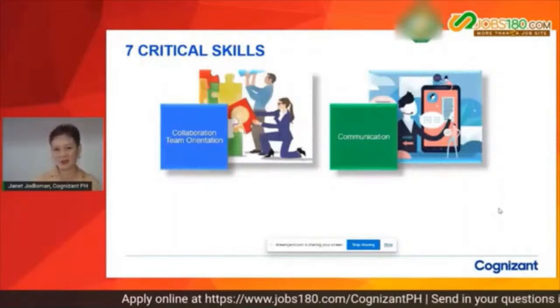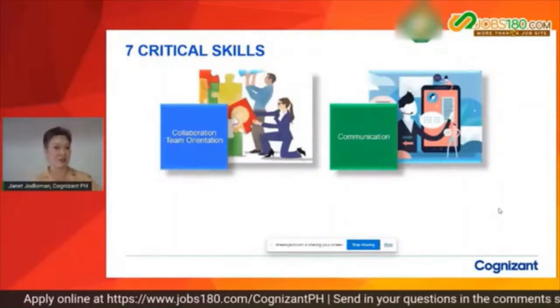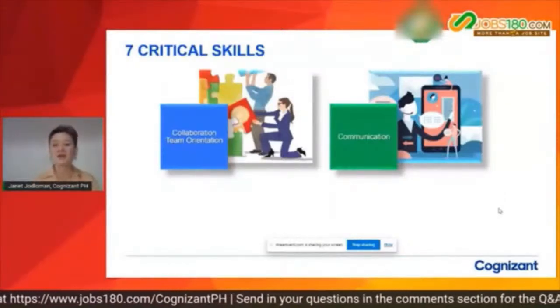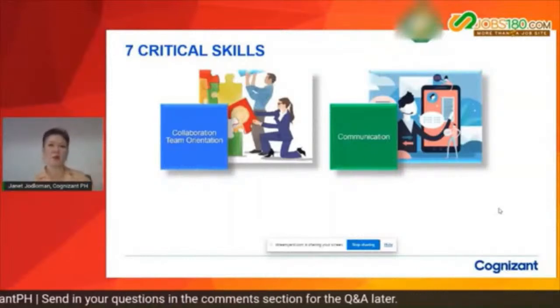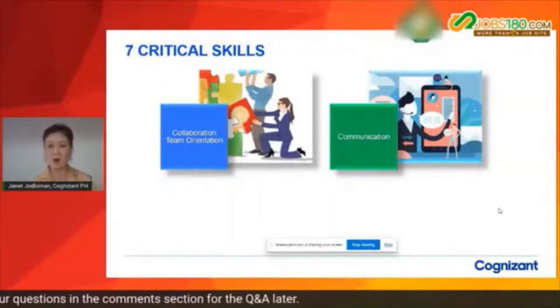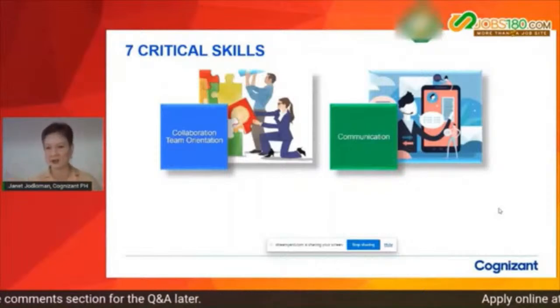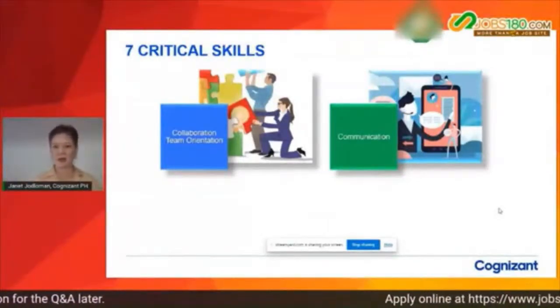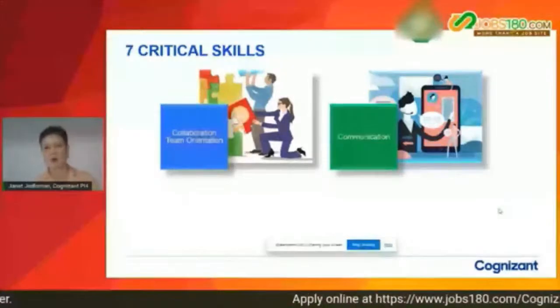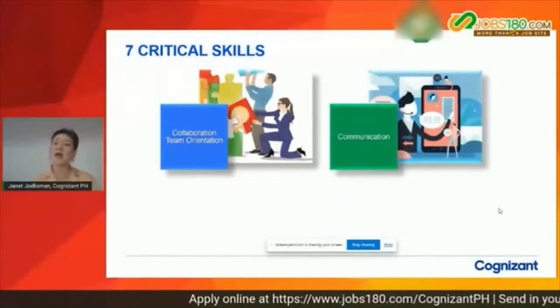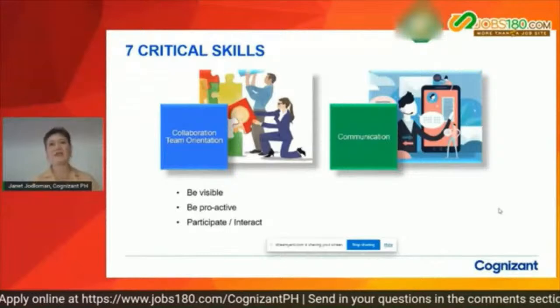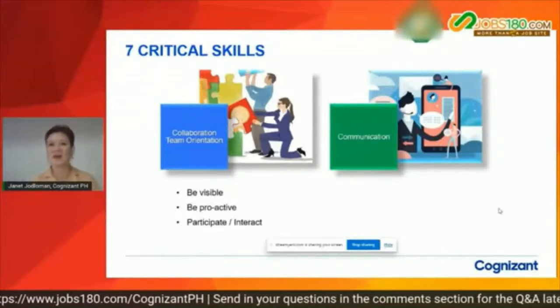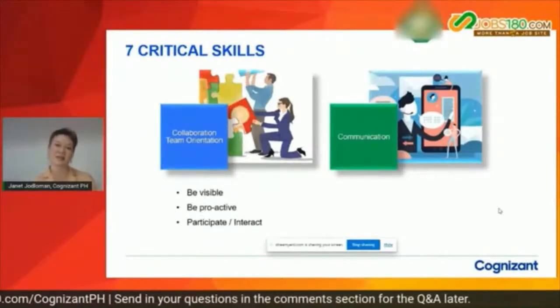Collaboration and team orientation. Okay, and then of course there's communication. Two very important skills. You might say, even in the old normal, you need that. All of these skills are necessary whether you're living in the new normal or living in the past. But when we talk about collaboration and team orientation, for example, in training, my team takes care of